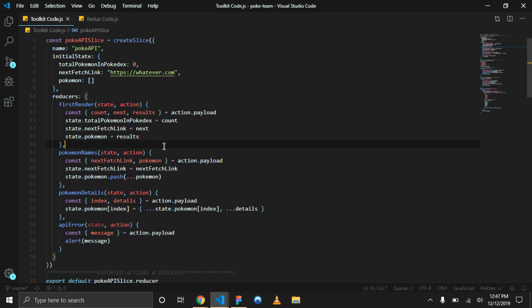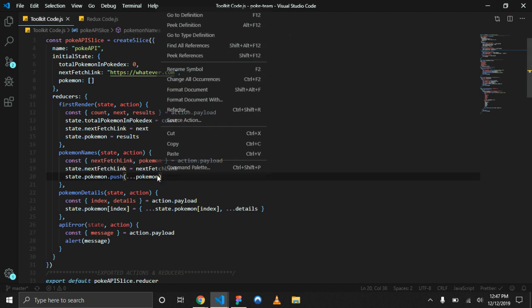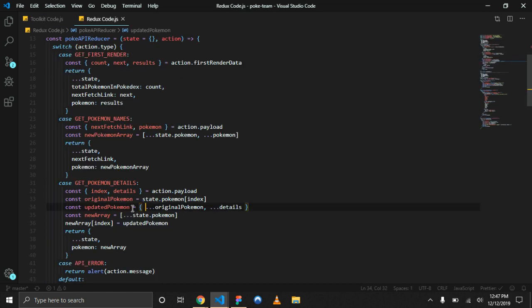One of the most popular libraries is the immer library, which basically allows you to write your code as if it was mutable, like .push and stuff like that, and it will actually convert that into immutable code under the hood. So it'll turn .push into